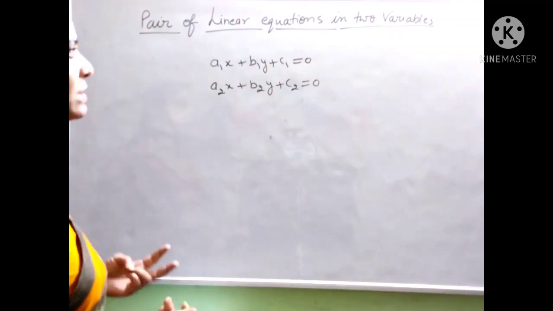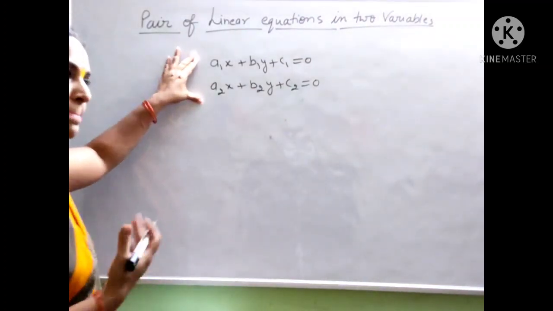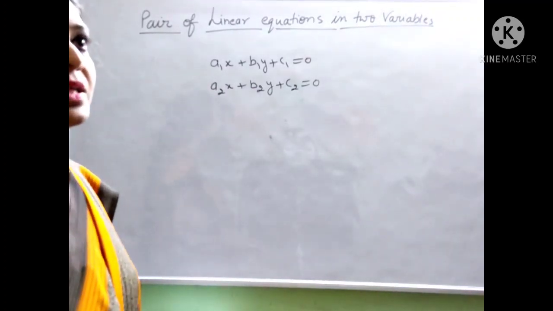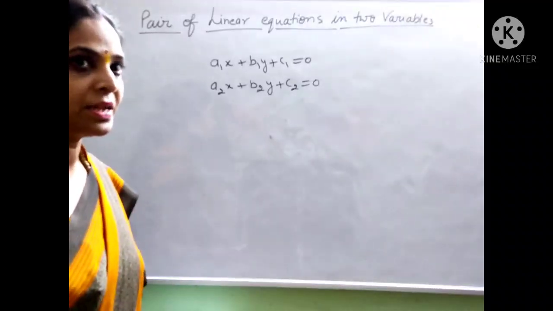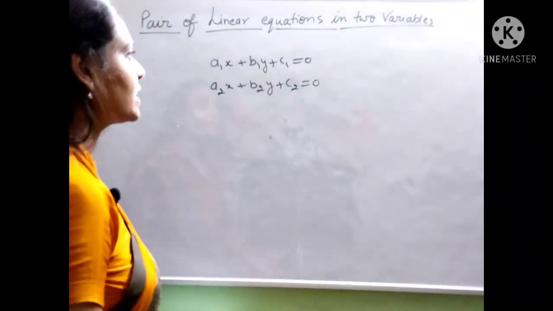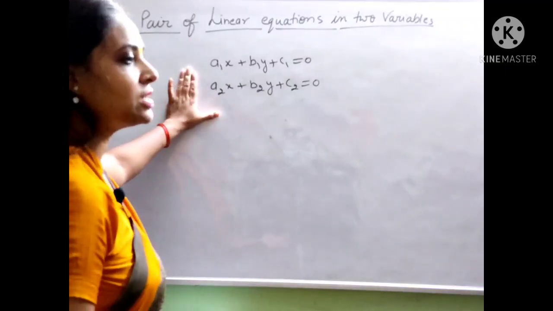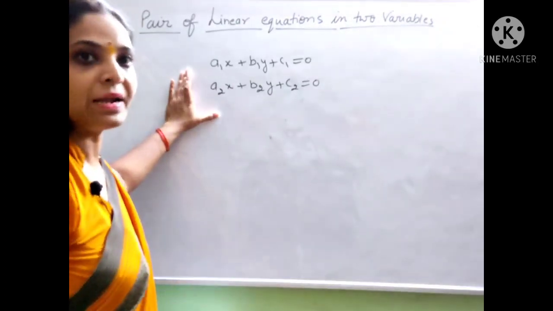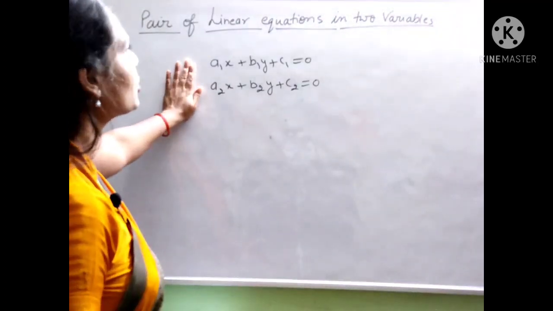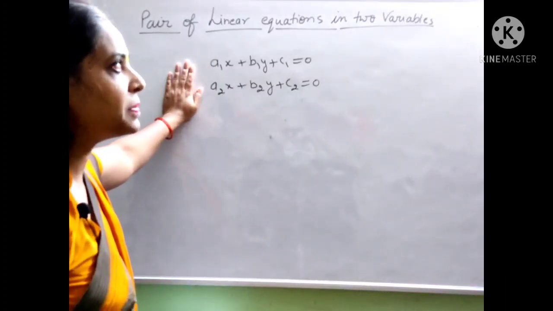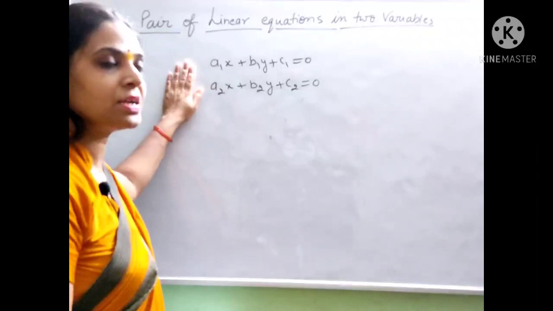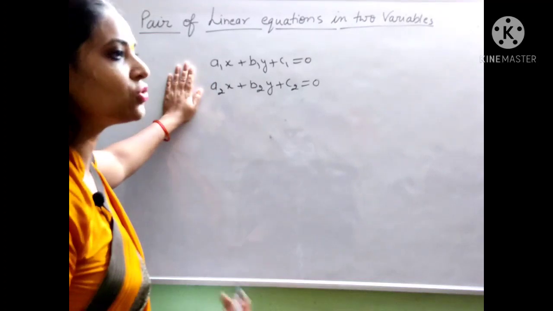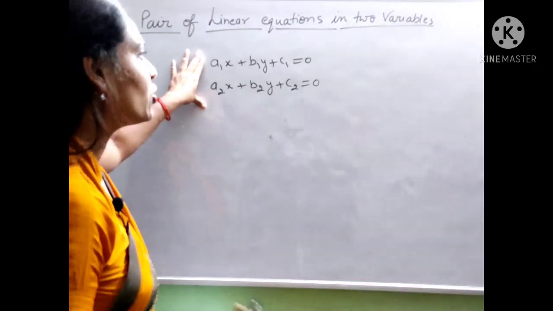So we have learned three types of lines: intersecting, parallel and coincident lines. If a pair of lines has a solution, that means they intersect each other at a unique point. We have to check whether the pair of linear equations is intersecting lines, coincident lines or parallel lines. Now we have to check whether the given pair of linear equations in two variables represents two lines that are intersecting, parallel or coincident. So how could we check? There are some methods to find out the type of line.